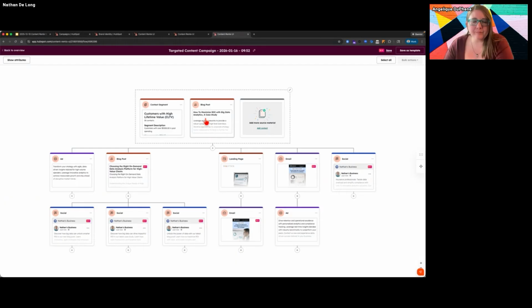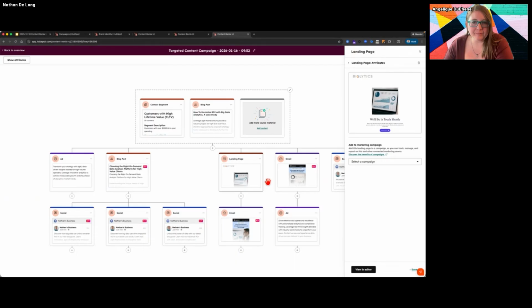That's the reason why you want to store all of this data and be able to report on it. I would take all of these assets and say, hey, HubSpot, these all belong in a campaign, and maybe I create that campaign because I don't have one for it right now, a campaign for maximizing ROI or whatever that may be.